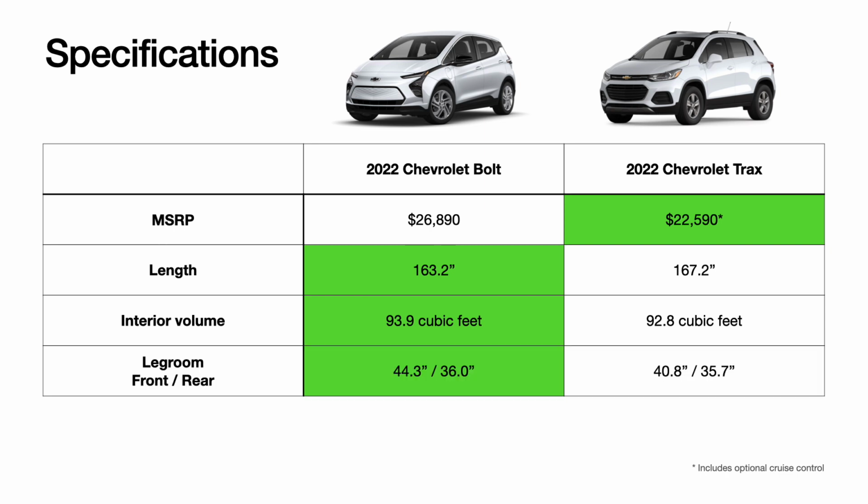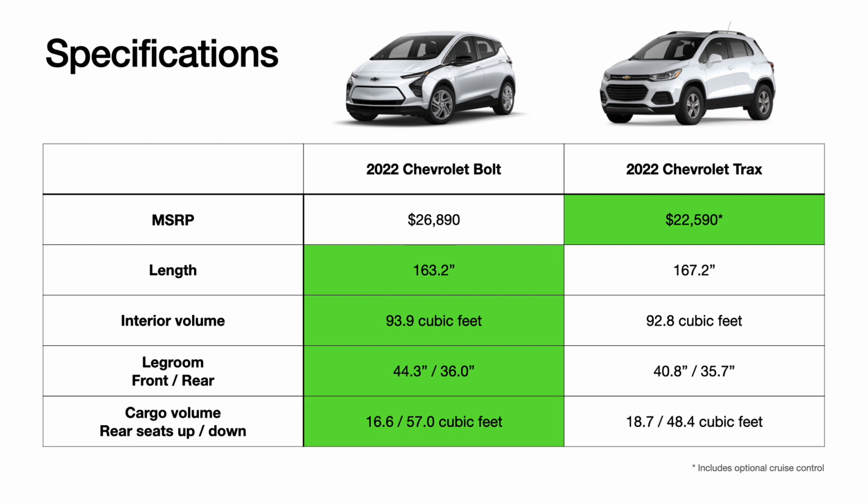The Bolt has nearly 4 inches more legroom in the front, although a similar amount in the rear. And while the cargo volume with the back seat up is ever so slightly less on the Bolt, when you fold the seats down, it's substantially larger. So despite being a physically shorter vehicle, you get more space inside, which is really all that matters. So yes, you're paying over $4,000 more for the Bolt versus the Trax, but you are technically getting more space